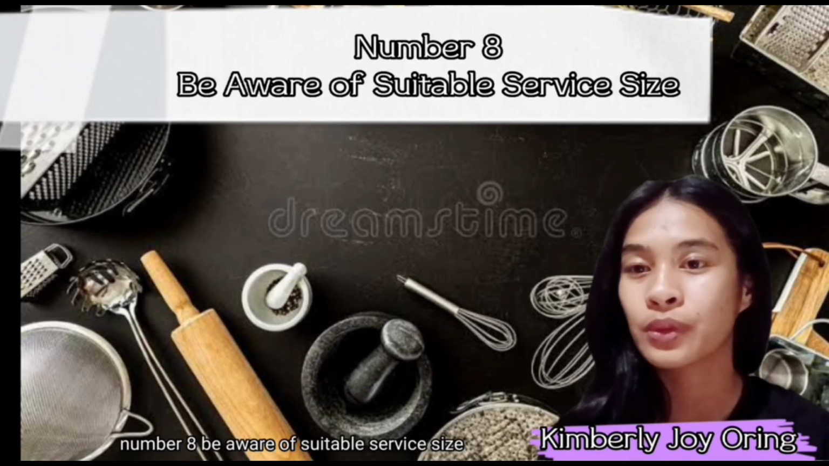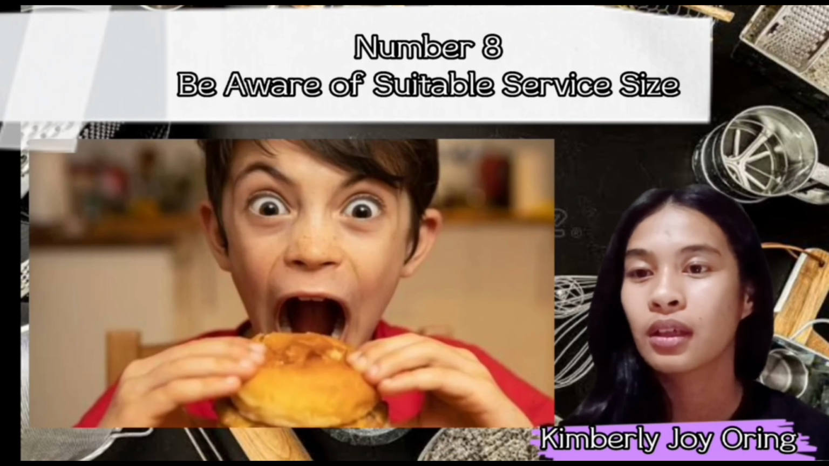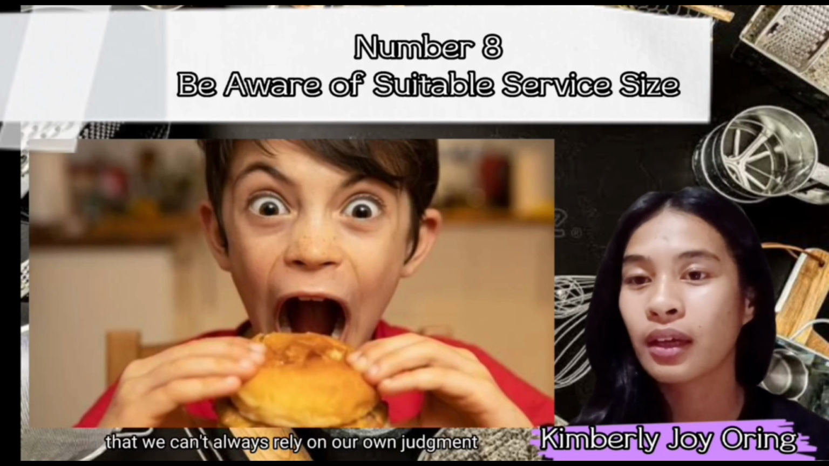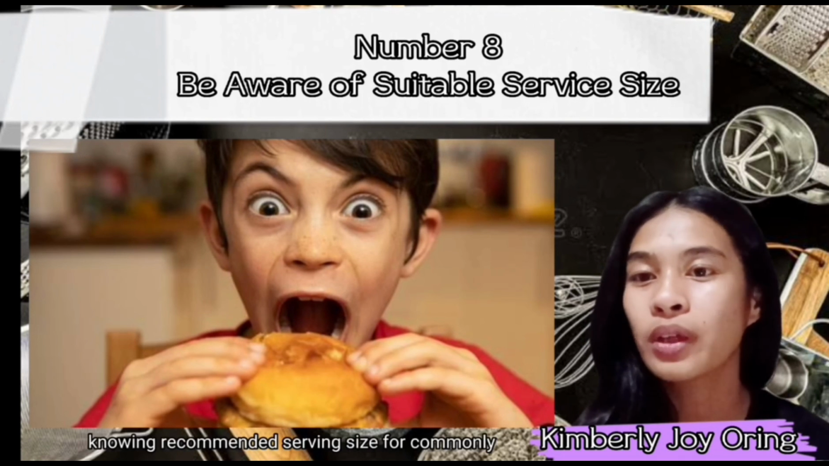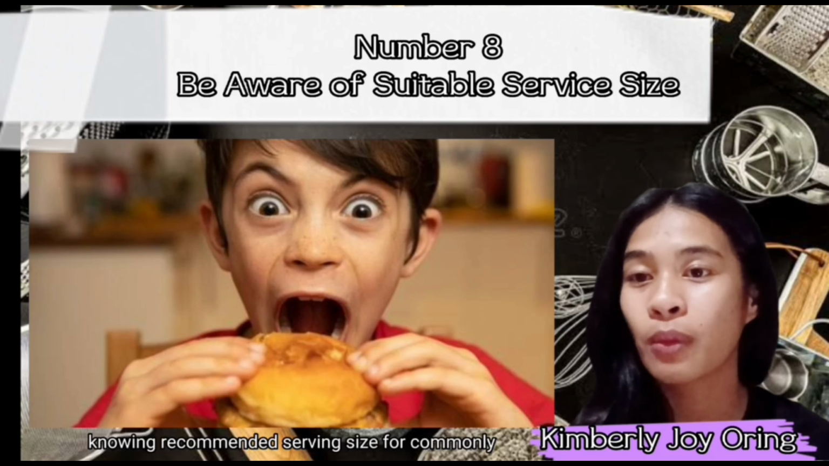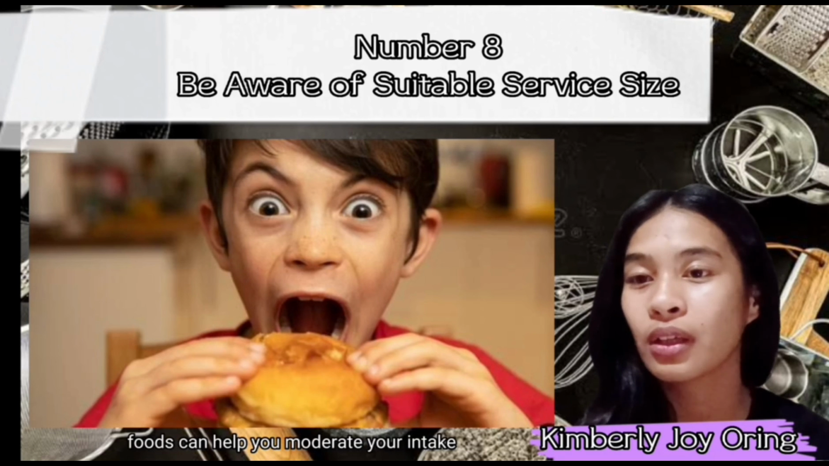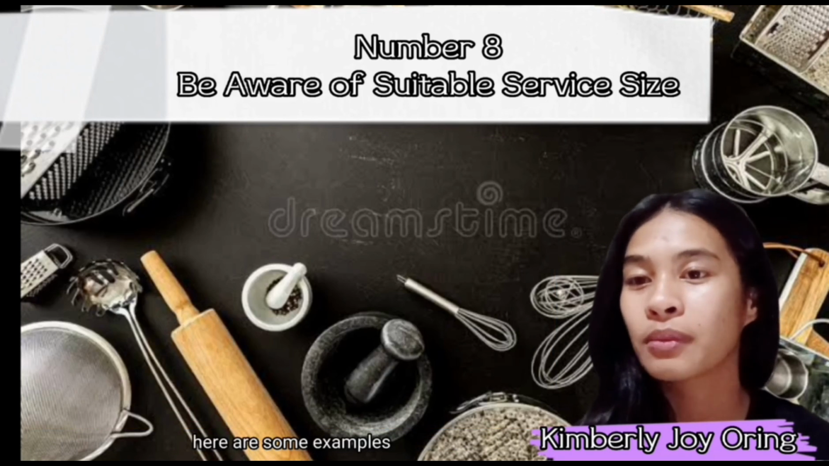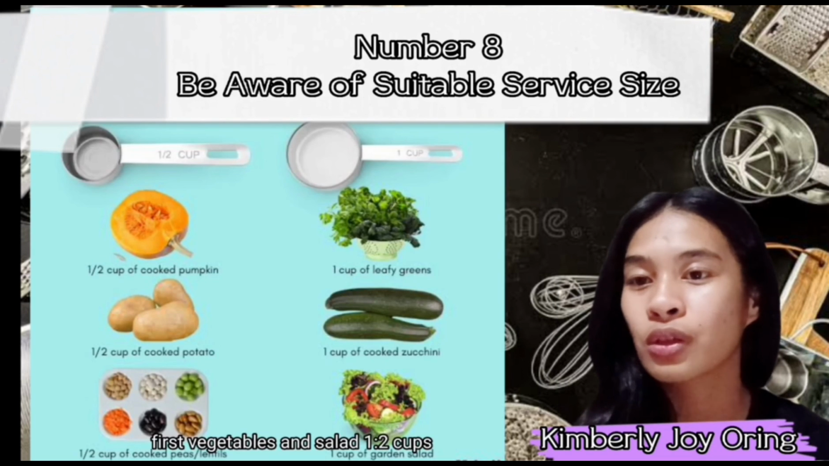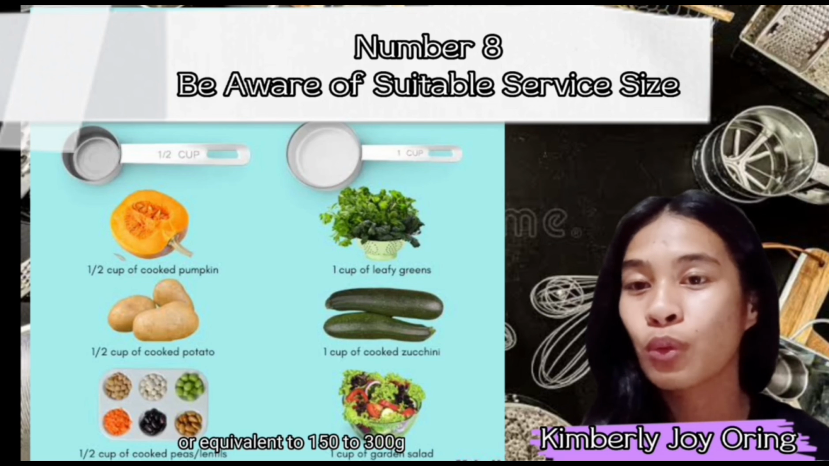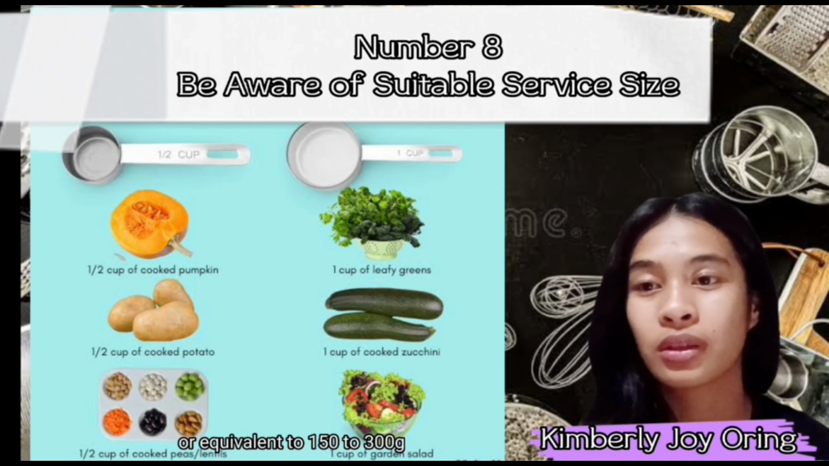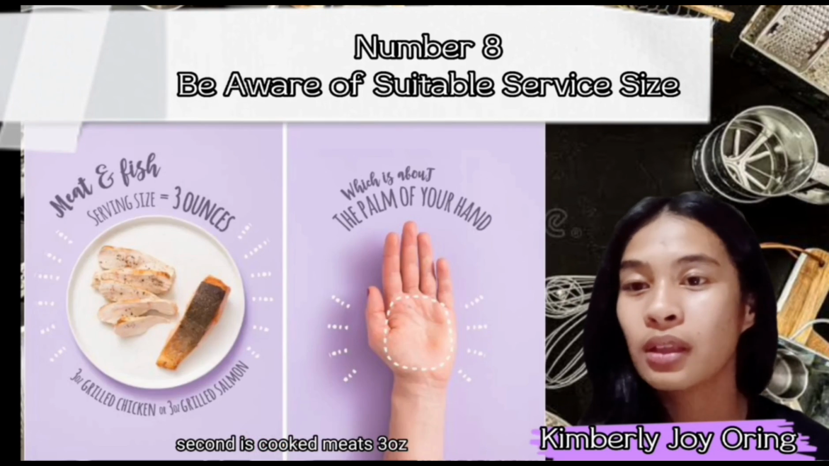Be aware of suitable serving size. Research indicates that we can't always rely on our own judgment of appropriate portion size. Knowing recommended serving sizes for common foods can help you moderate your intake. Here are some examples. First, vegetables and salad, 1 to 2 cups, or equivalent to 150 to 300 grams. Second is cooked meats, 3 ounces, equivalent to 80